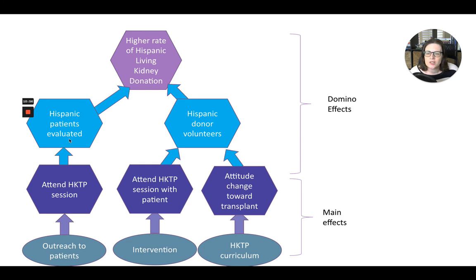But in order to get more patients evaluated and more people volunteering to donate, there were particular sets of things that we wanted them to do. In this case, I wanted them to attend sessions where they were getting educated, where we were learning about barriers, where they were understanding the process. That was one of those outcomes of the interventions. And we hope to see some attitude change, which was identified as a primary barrier to individuals deciding to volunteer to donate. Here you can see the interventions led to these preconditions, which led to the intermediate outcomes, which led ultimately to the long-term outcome.